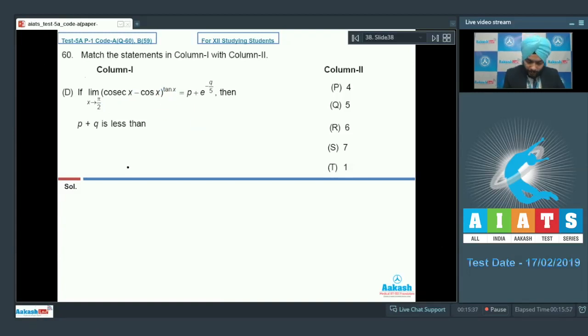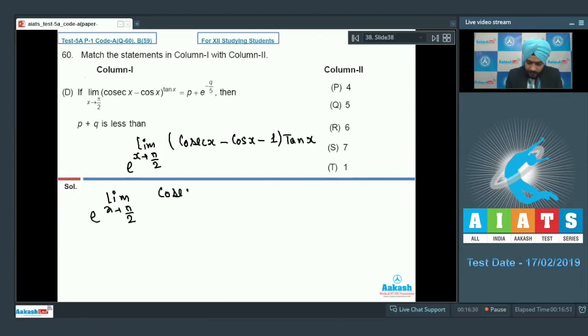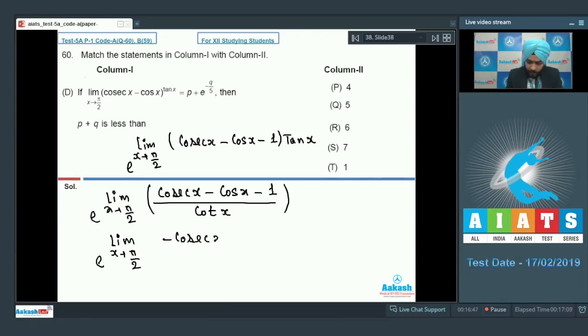Let us solve it by the standard format. E raised to the power limit x tends to pi by 2 cosecant x minus cos x minus 1, that is fx multiplied by tan x. That will be e raised to the power limit x tends to pi by 2. It can be readjusted as cosecant x minus cos x minus 1 whole divided by cot x in order to create 0 by 0 form. So let us apply L'Hospital rule. So e raised to power limit x tends to pi by 2 minus cosecant x cot x is the answer for